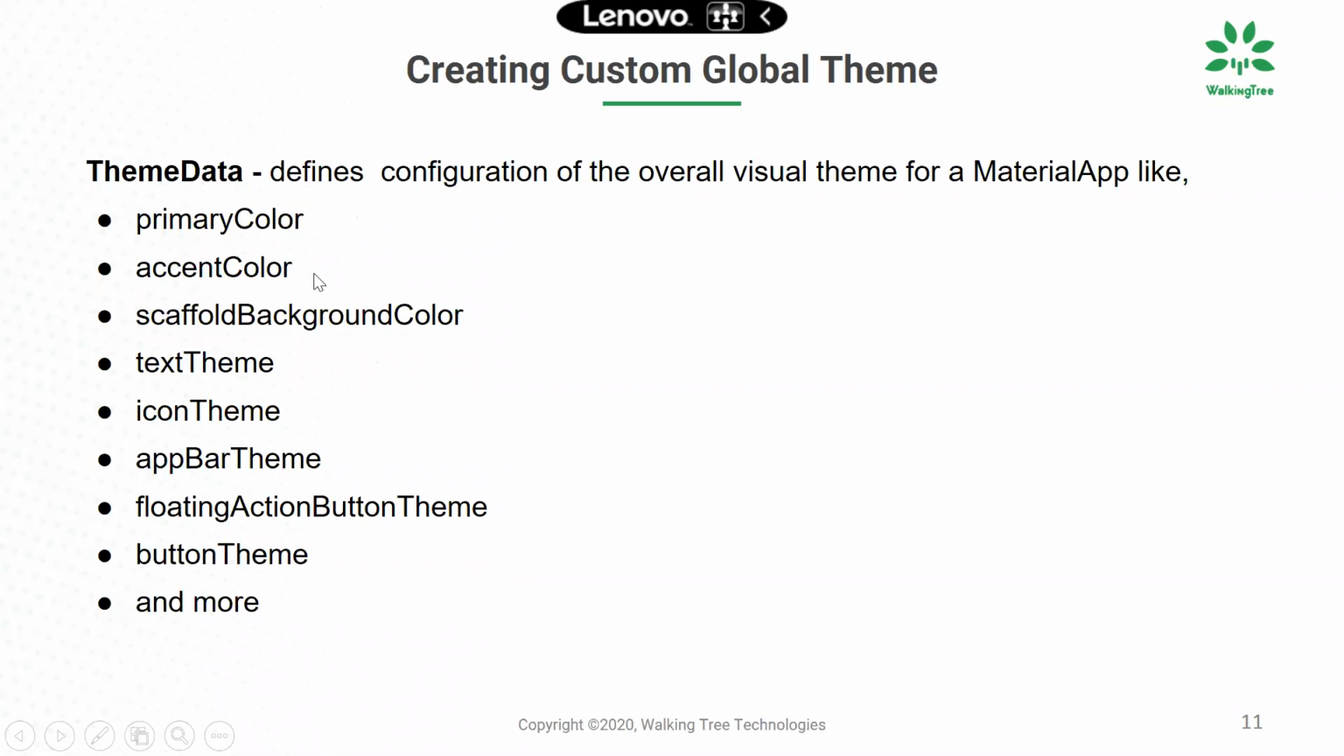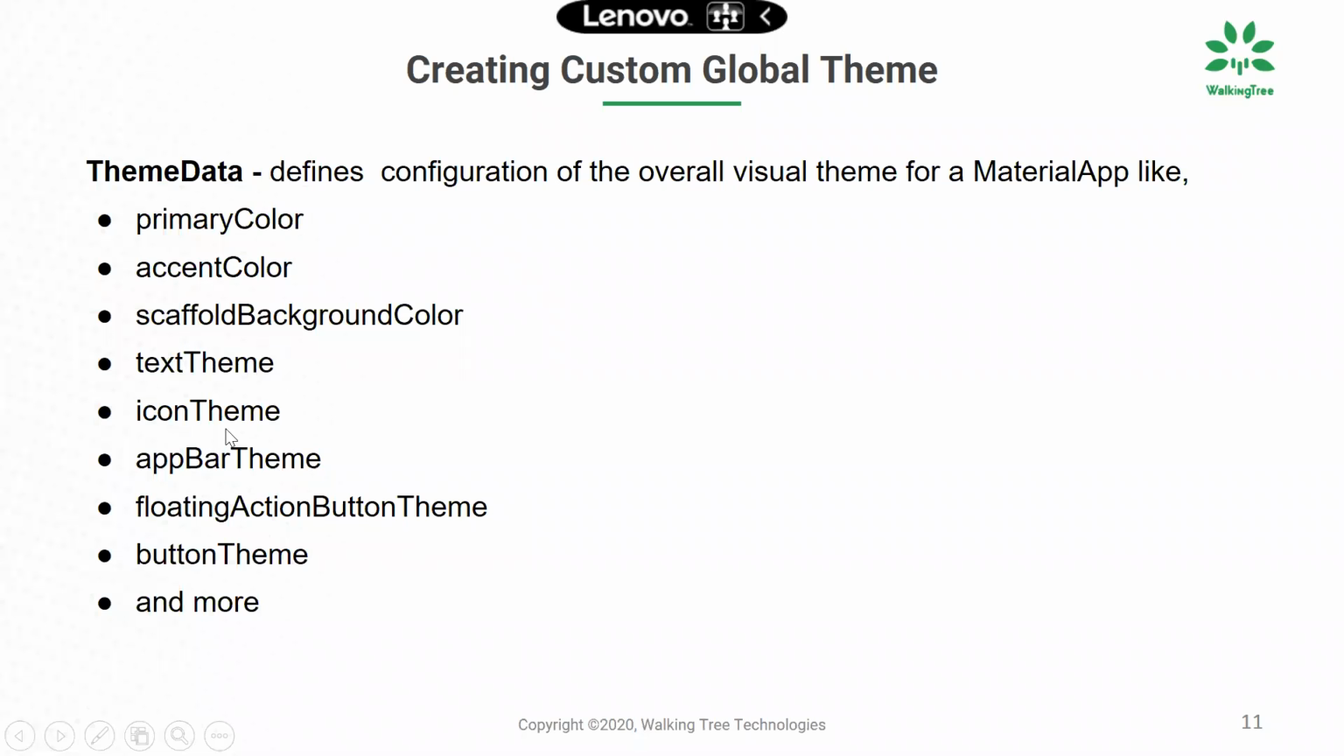Accent color, which is the secondary color. You want to change the scaffold background color. All these properties are there. You want to change the text for different headlines. You want to change the body text, caption, overline. You can configure the text theme